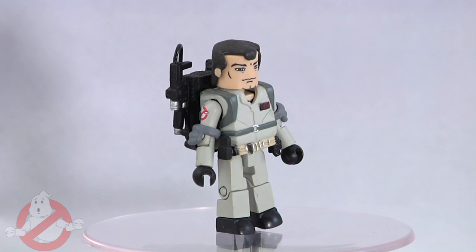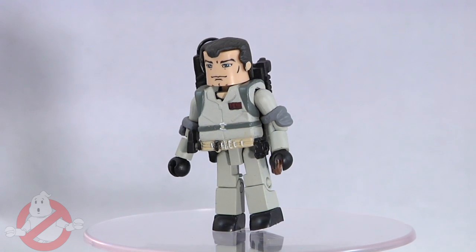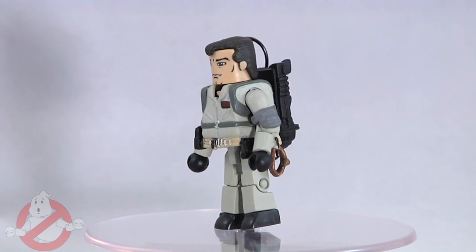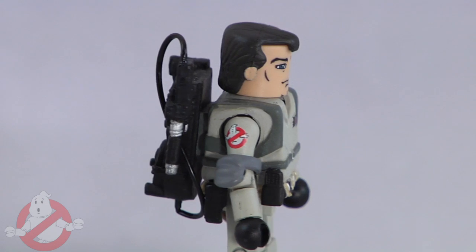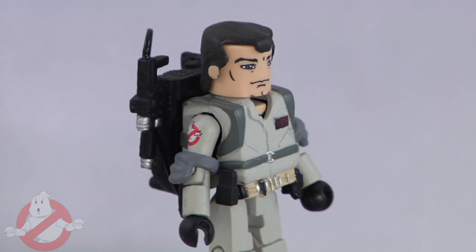Let's take a look. The first of many Venkmans to come has a smug appearance, which plays well to the character and looks a little bit like Bill Murray, including Bill's receding hairline. That's a good thing. Unlike most Minimates which use basic shapes with painted details, Art Asylum went with sculpted body